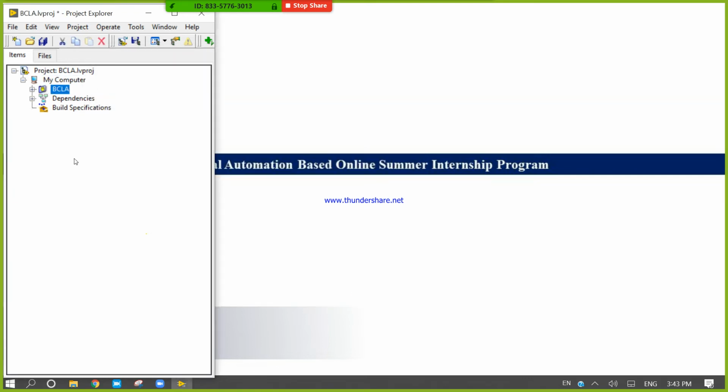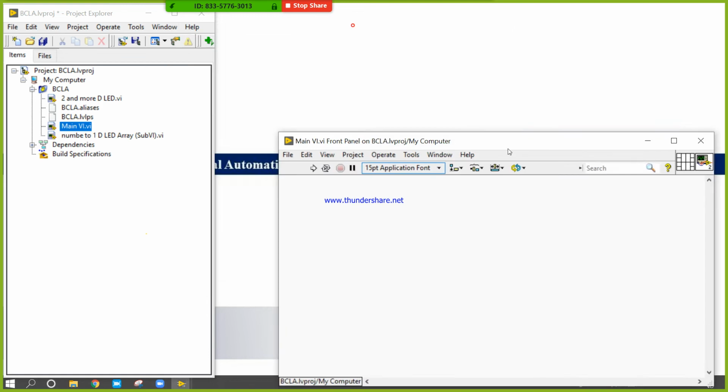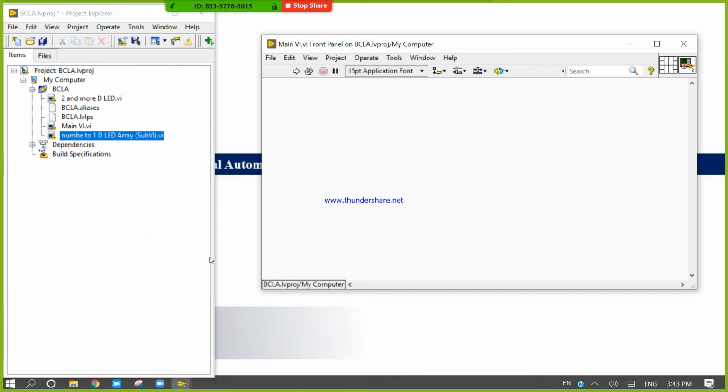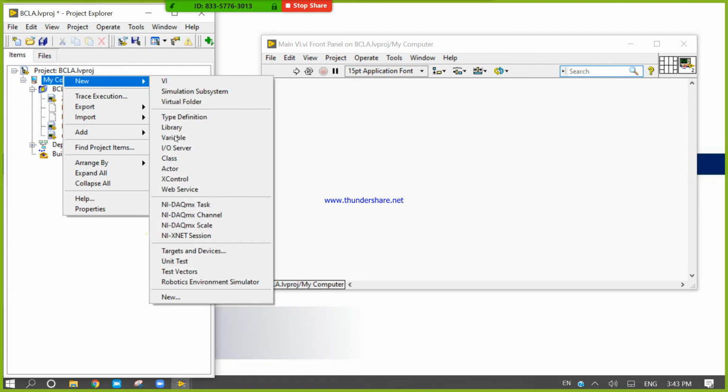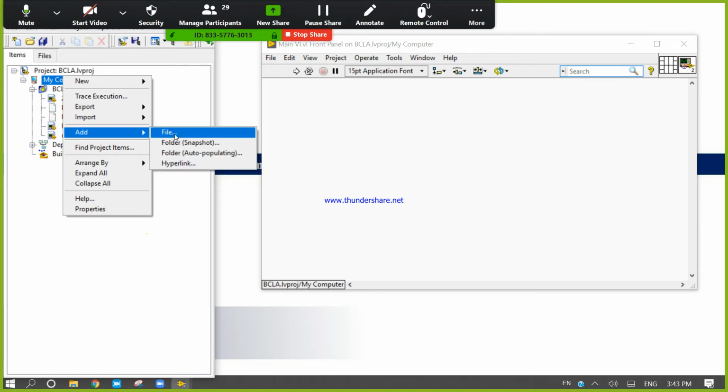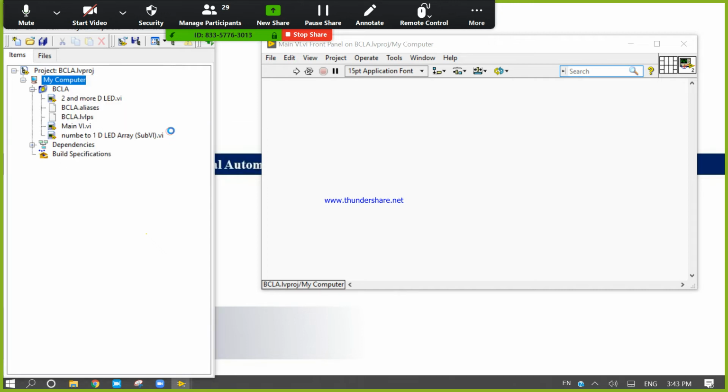In this BCLA there is one main VI, and there are two sub VIs. So let's complete our VIs and try to design for better. Here we had one project. Look here, I am going to add one previously designed project from the file.